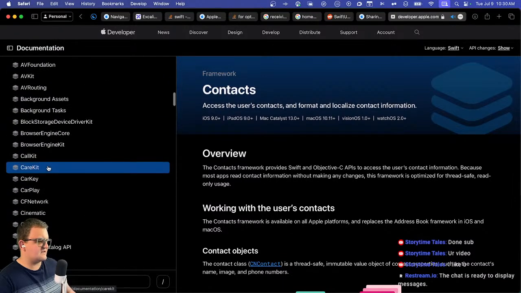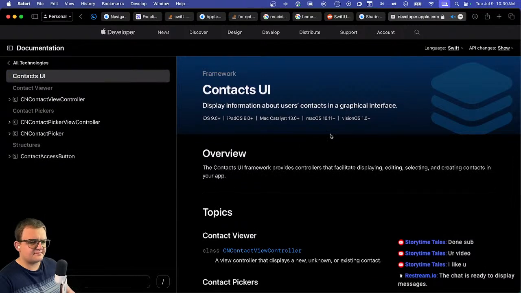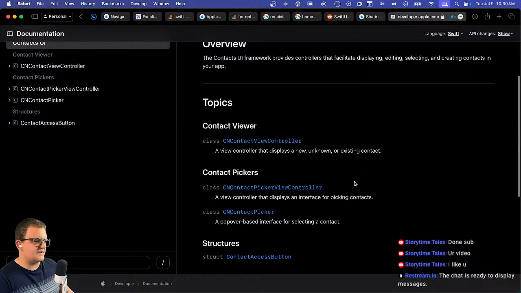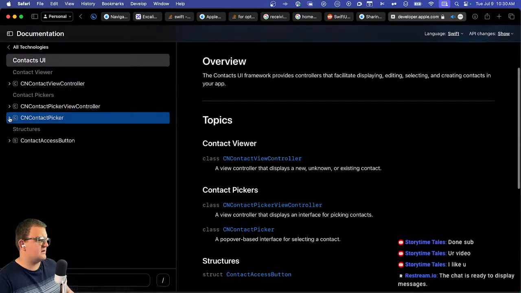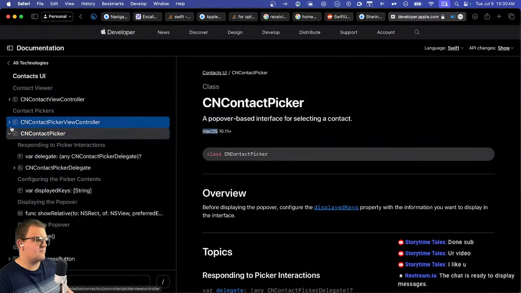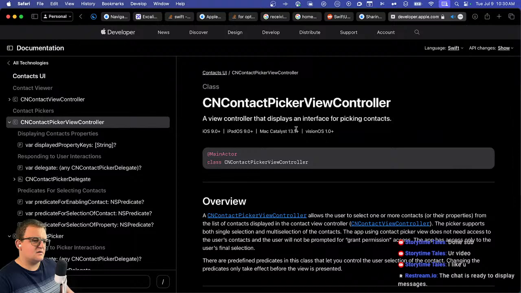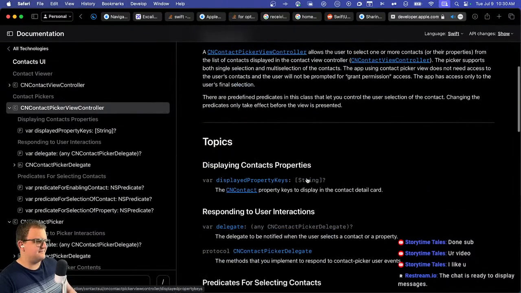But let's look at this contact UI again. Where are you at? Contacts UI. And this works for a long time. Yeah. Oh, interesting. This doesn't have a watchOS thing, which is probably fine because I don't think people are adding people hopefully in their watch. I don't know if that will be a flow I support. Contact picker. That's only macOS. You're on iPad, iOS, but it's not macOS. Not that I need macOS right now, but